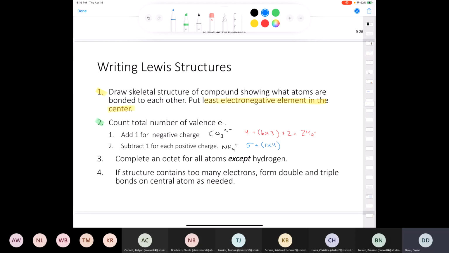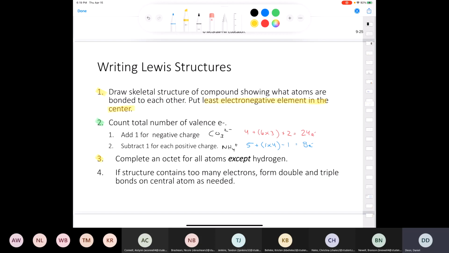We've got 1 times 4. So that would give us 5 plus 4, which would give us 9. But we have a positive charge, so we're going to subtract 1, which gives us 8 electrons overall. Okay? Next rule is one you might have kind of figured out already,